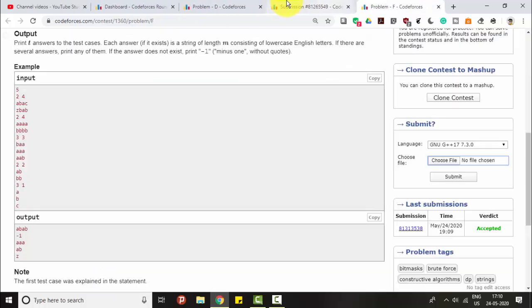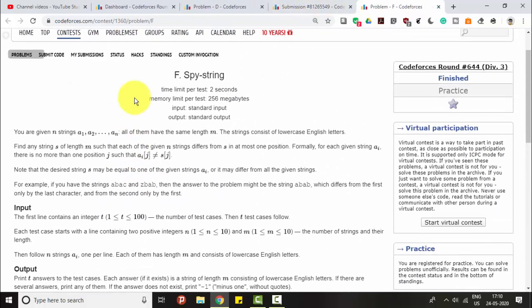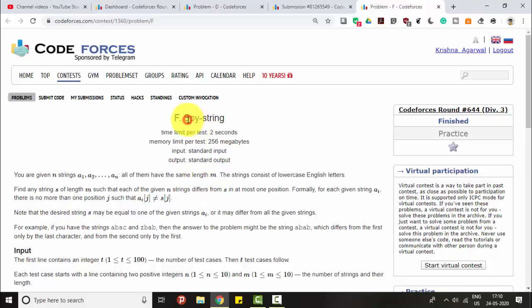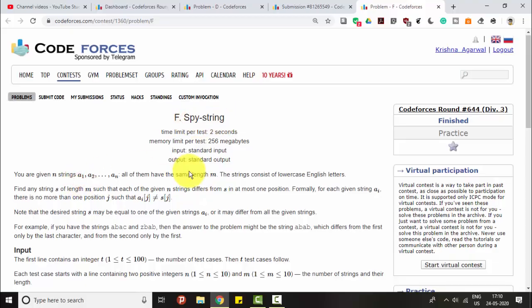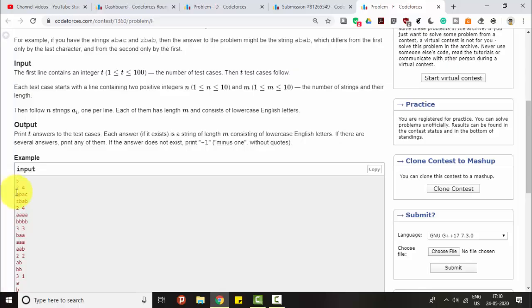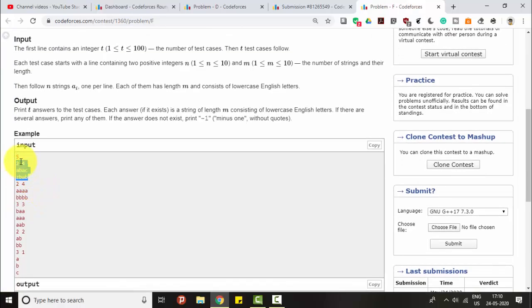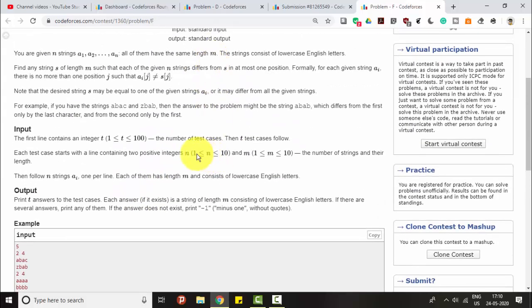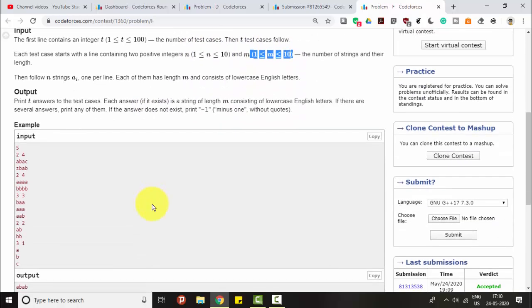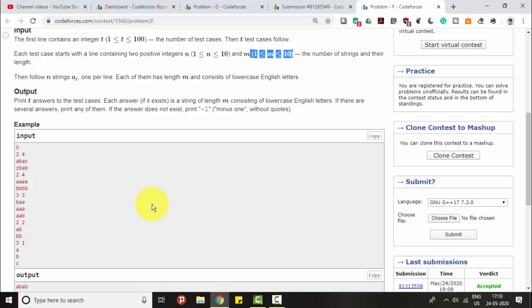F solution. So here we have this problem, Spy String. What it does is we are given a set of t test cases in which n strings of length m are given to us, and you can see that in this problem the constraints are n equals 1 to 10 and m equals 1 to 10, and in this